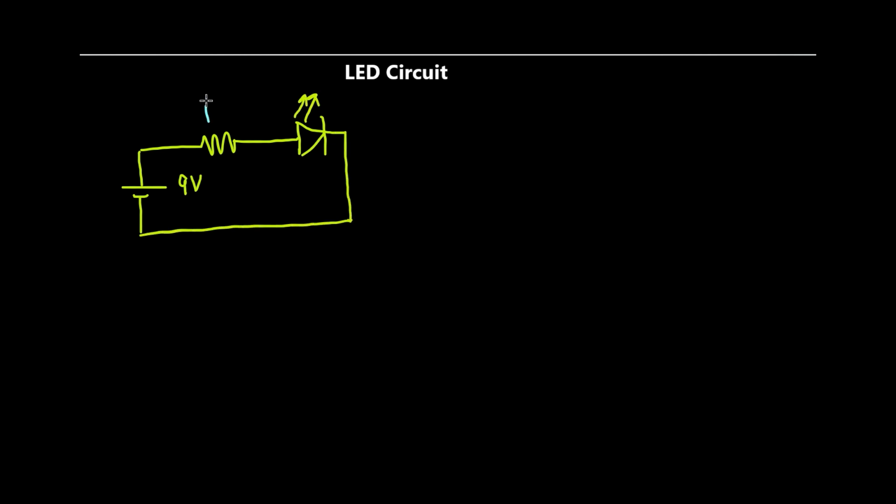properly. Let's suppose we have a 9-volt battery connected with a resistor and LED. Assume that the LED is red, which requires 2 volt and 20 mA of current. We are interested to find the value of resistor, which will ensure to pass 20 mA of current through the LED safely. Again, using Ohm's law, V is equal to I into R, and by rearranging, I will be equal to